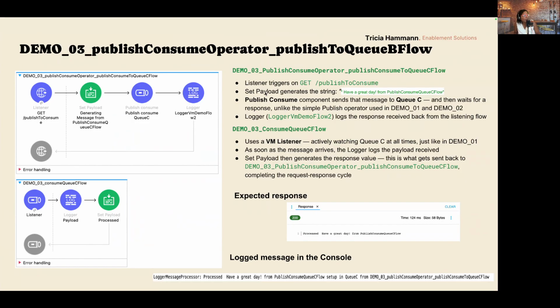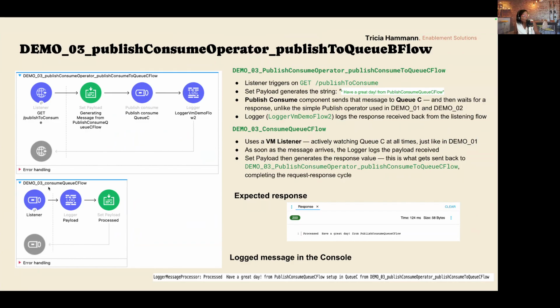The set payload transformer generates a string value, have a great day, from publish consume QC flow. And the next component is a logger, a publish consume component, which is sending messages to QC, and it will wait for a response, unlike the simple publish operator in demo 01 and demo 02. And the logger component will log the response received back from the listening flow.